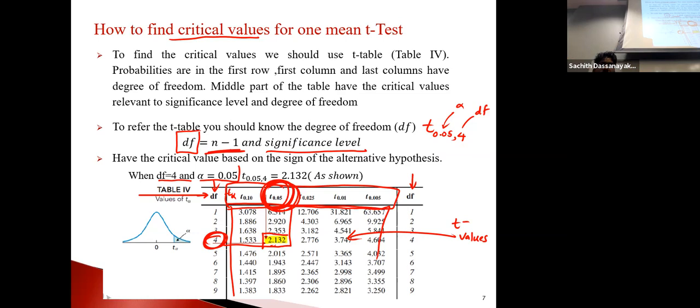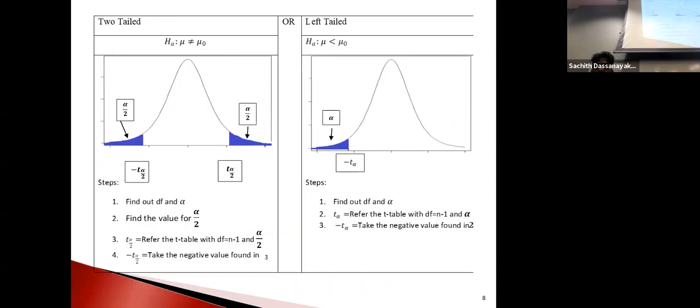So what is the difference between the Z table and this T table? In this T table, they always take the measurements to the right. See, to the right. But the Z table always starts from the left-hand side up to some point to the left. Okay. This one, right. Two-tail case. Two-tail test. Mu not equal to mu naught.